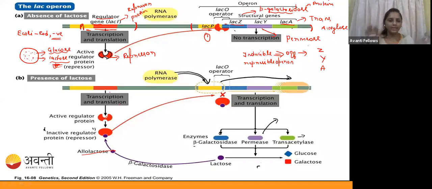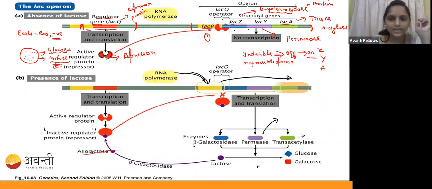Now glucose is not there in the media. Now we require the lactose for our metabolism, right? So what will it do now? It is going to turn on now. Okay, guys, the first thing is, whenever lactose is absent also, there is a transcription of these genes, that is Z, Y, and A, which takes place in the bacterial cell. But it is in a very small amount. Only small amounts of the enzymes are synthesized.